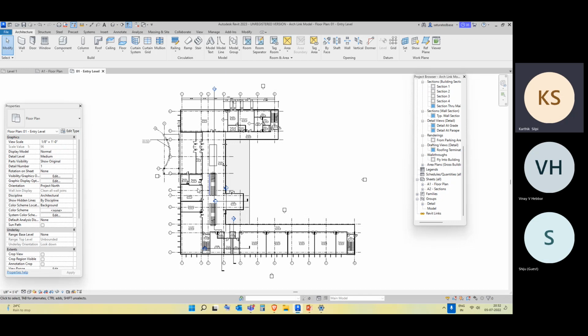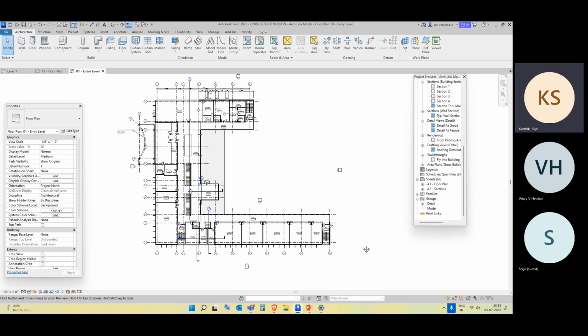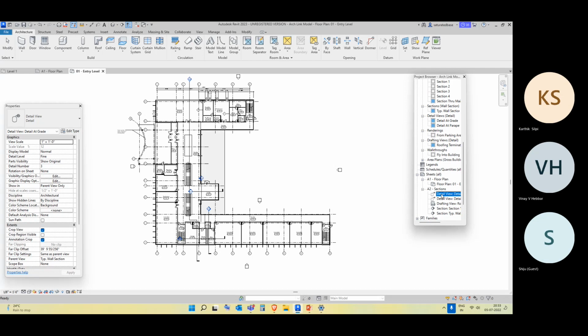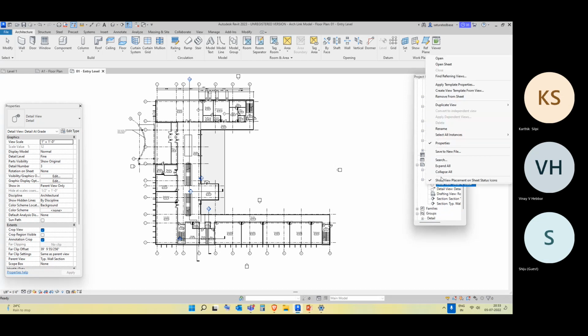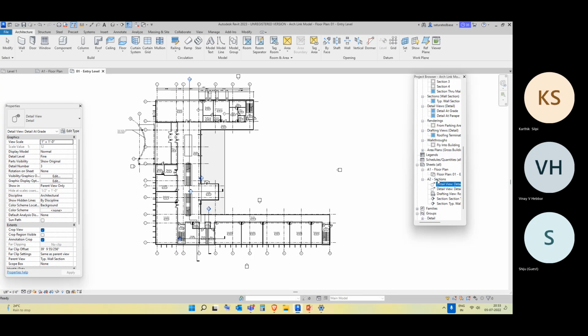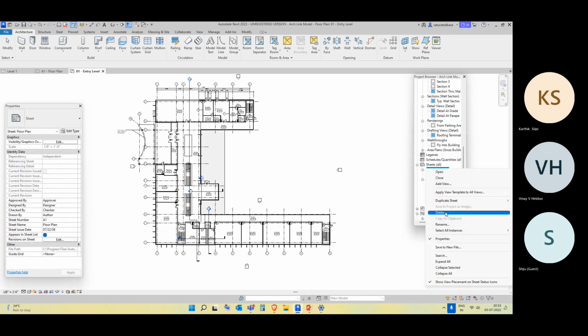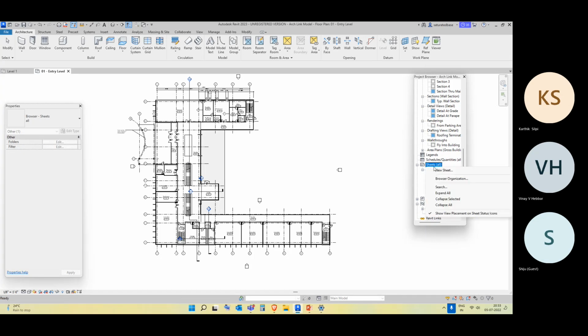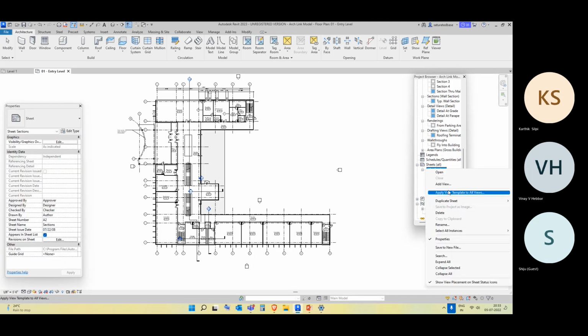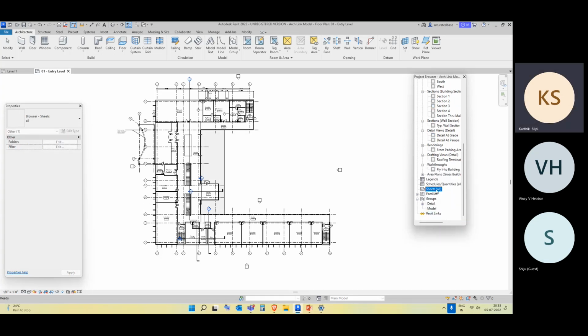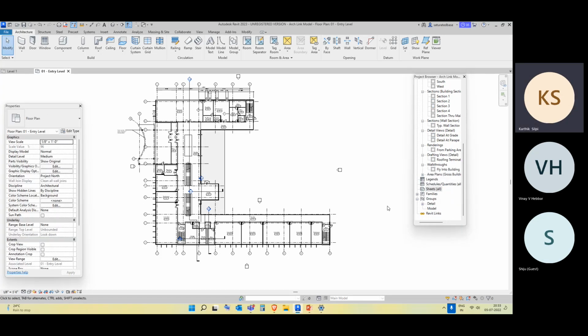So I imagine this as a plan, and you want to put this plan in a sheet. For that, I have to have my own set of sheets. So you can see we have multiple sheets here. I'll just delete everything. So we don't have any sheets in the project right now. If you want to create a new sheet in your project,